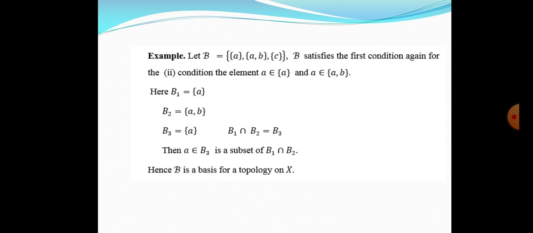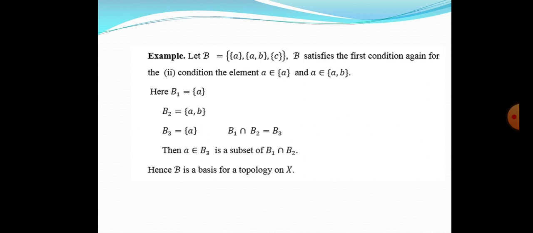Next, one more example. Let script B, that is the basis, be equal to the singleton set {A}, the two element set {A, B}, and the singleton set {C}. This is a basis. This basis satisfies the first condition,